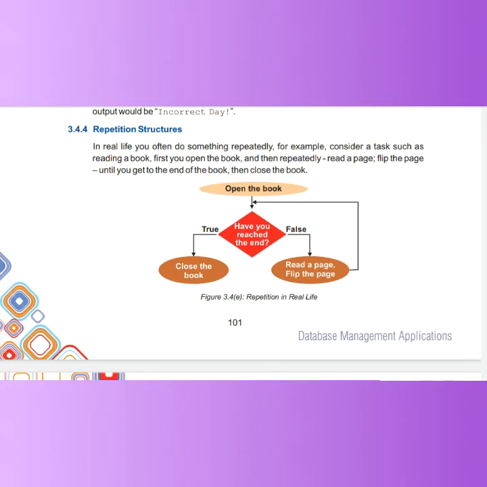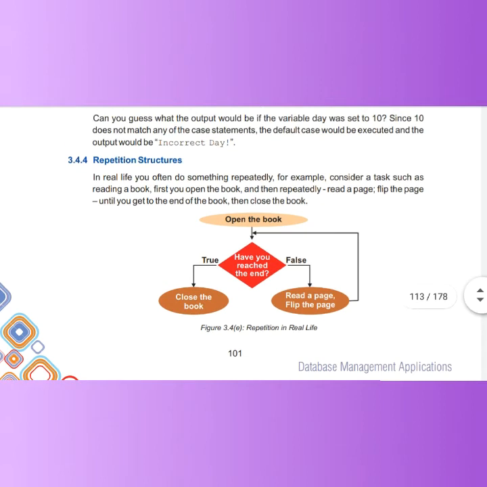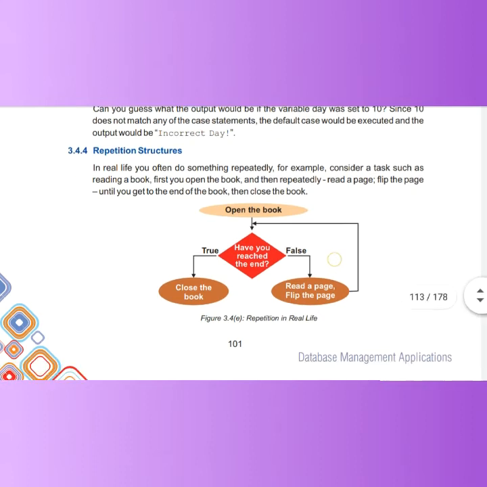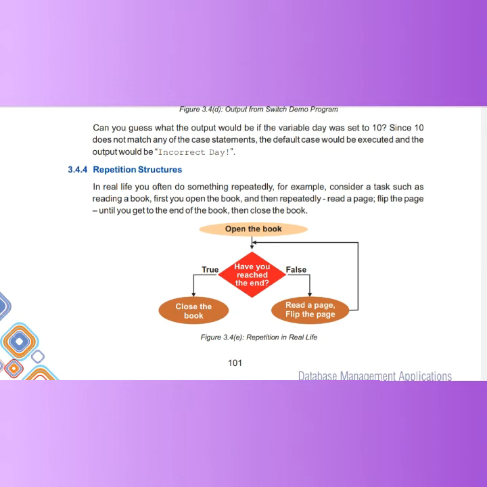Repetition means something which is going to repeat. And in the previous video I have discussed selection structures. So from the word selection it is clear that we have to select one condition from two conditions. For selection structures we have studied the if else statements and switch case. In the if else condition, there were two things, true or false, based on a condition. If the condition is true, the if part is executed, and if the condition is false, then the else part is executed. Okay, and it was finished.